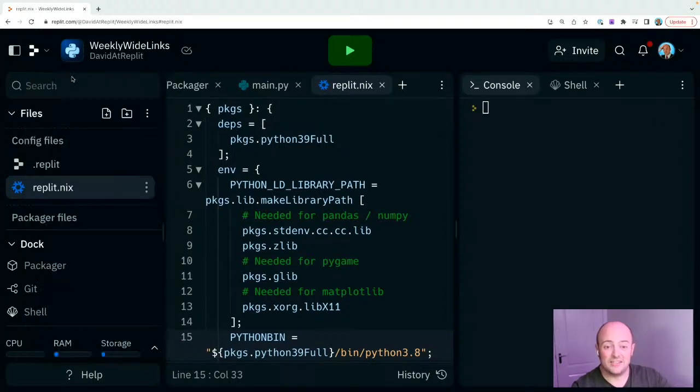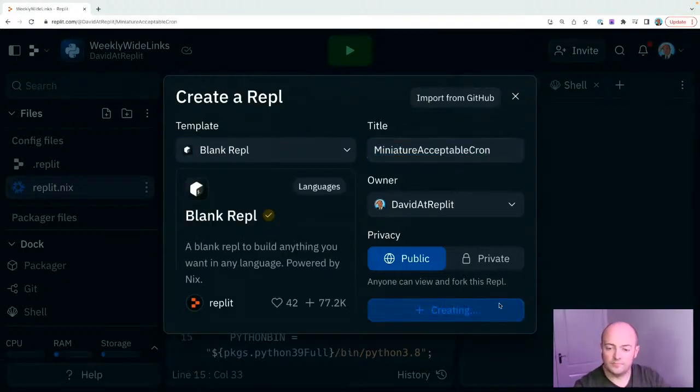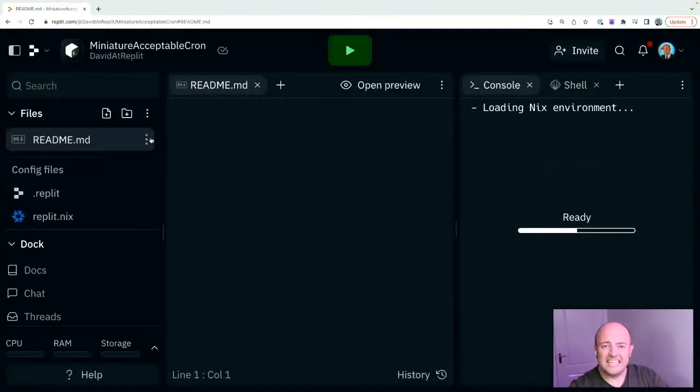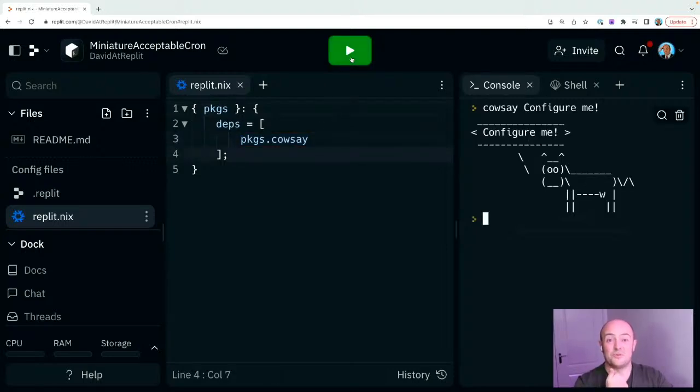In fact, it's so easy to do that you can even create a blank REPL. And a blank REPL is a REPL where the replit.nix file just has a placeholder bit of information in it. It's a placeholder bit of information because that's what it does when you click run, which I love. But if you're trying to build a custom setup of something, and this is something I've used when I was combining PHP and MySQL together, so I could make a REPL template for myself that had both those things set up and configured and running successfully.